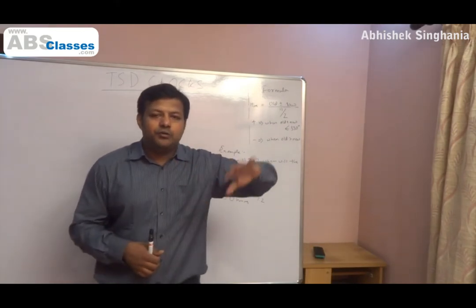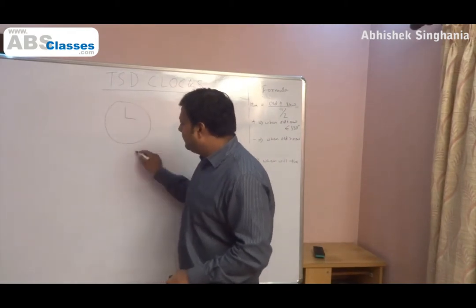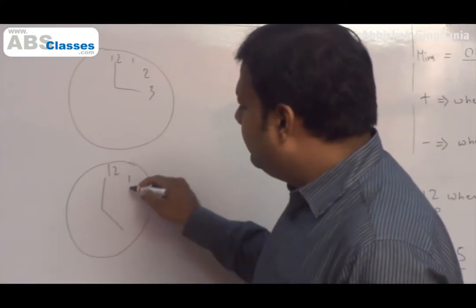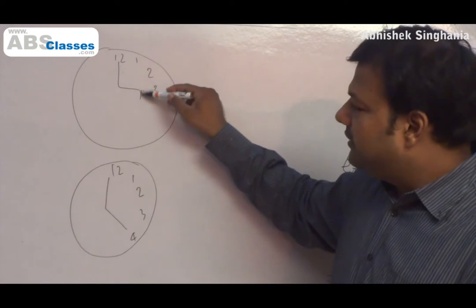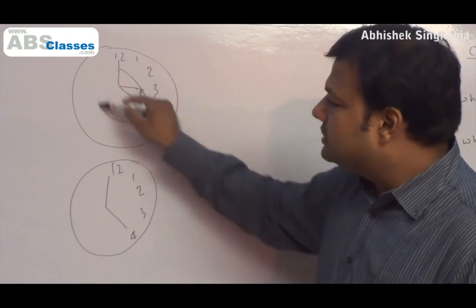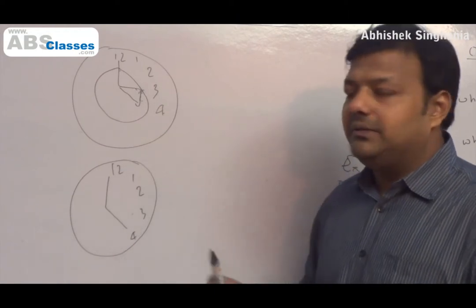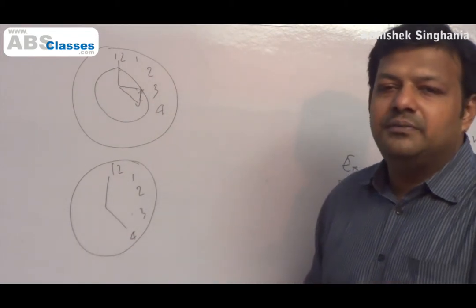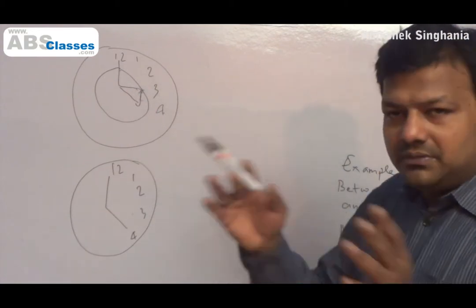In every hour movement, say between 3 o'clock and 4 o'clock, it's pretty obvious the way the minute hand and hour hand move. The minute hand will move the whole circle and the hour hand will move from 3 to 4, right? This is the movement of the hour hand. The minute hand will move the whole circle, right, and get to 4 o'clock. So it's very obvious that between every 1 hour time, they will definitely meet each other on the way, because the minute hand completes the whole circle, while the hour hand just trudges along 5 minutes, 30 degrees, right? So obviously there has to be a meeting point between the two in every hour interval.